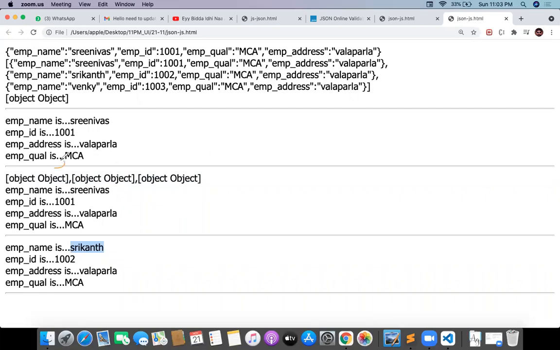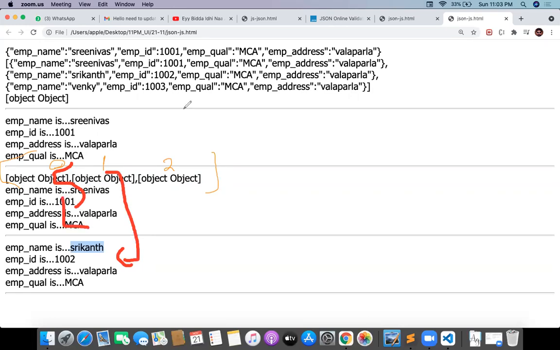This is the 0th index, this is the 1 index, this is the 2 index, and everything will be in the array. The 0 index got fetched. 0 index was already fetched here, and 1 index was already fetched here.